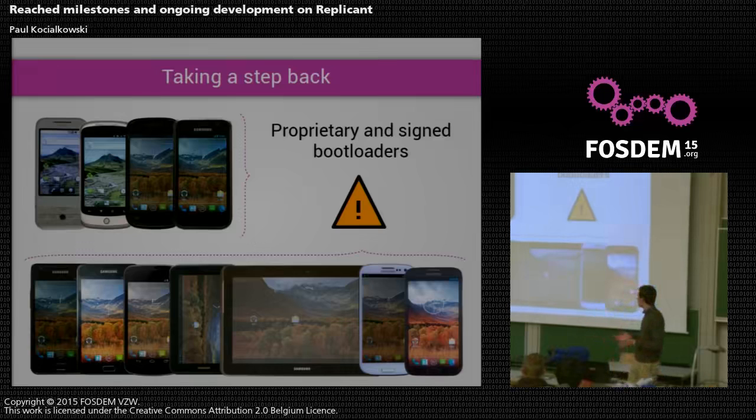But now what happens is that on most modern devices like those, on most modern platforms, the chip makers decided that the bootloader would have a numeric signature. So just kind of like a GPG signature, where you have a private key that you use to sign the binary, and you have a public key that you use to verify the signature. Well, in that case, the boot ROM inside the SoC has the public key, and it uses that public key to check whether the signature is correct or not. And if it's not, it refuses to boot.